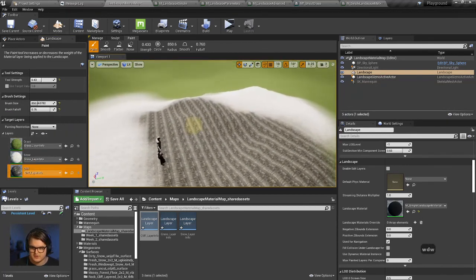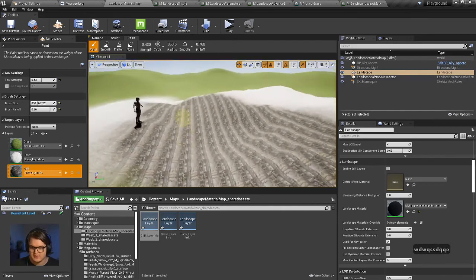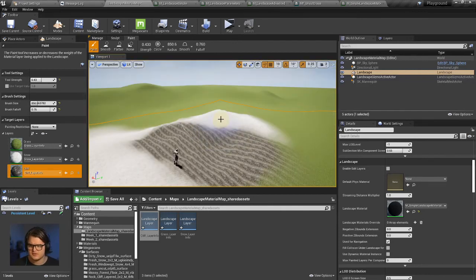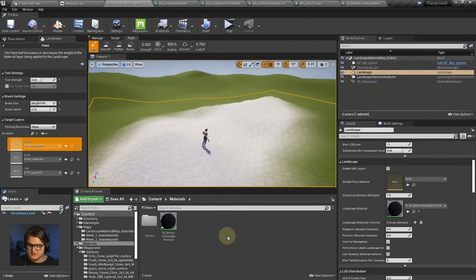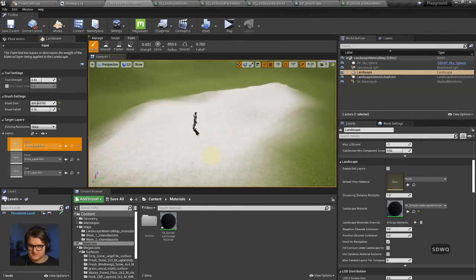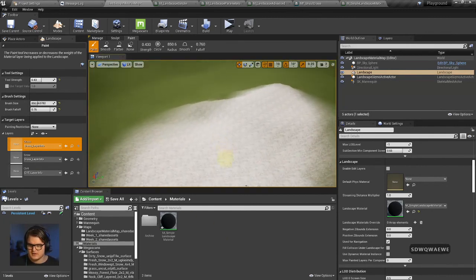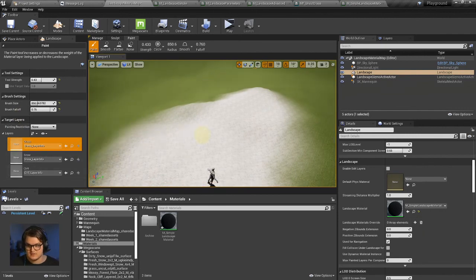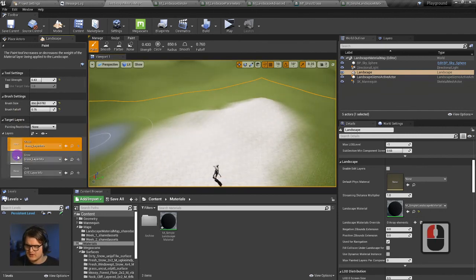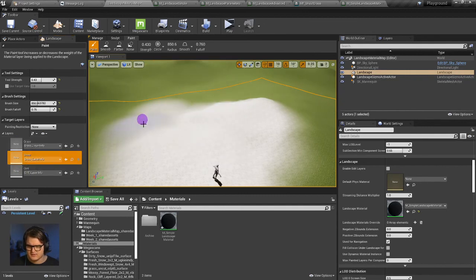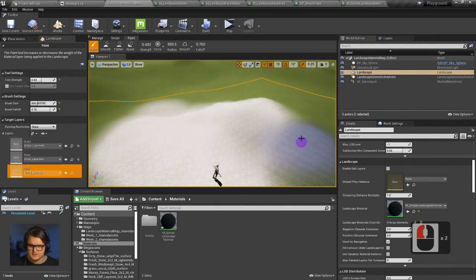And this is what I was talking about earlier, that very obvious tiling pattern, which we will deal with in the third material type. There we are. That is the simplest, most straightforward way to get started painting materials, painting textures onto your landscape. It seems like I've lost the images there, but no worries. We still have the option to paint